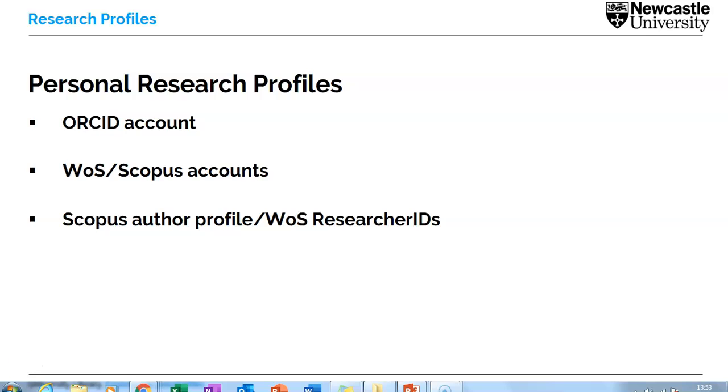So the next few steps are going to involve identifying and making the most of your personal research profiles, and that's going to involve setting up an ORCID account. It's going to involve setting up personalised accounts and stored areas on some of the bigger databases, particularly Scopus, but perhaps Web of Science, those kinds of platforms. And then lastly, it's going to involve updating, tidying and maintaining your author profile or researcher ID so that you can close the loop and import all of the information about your outputs into ORCID.